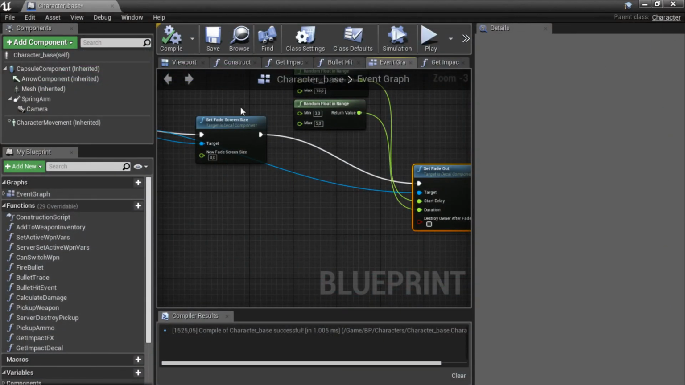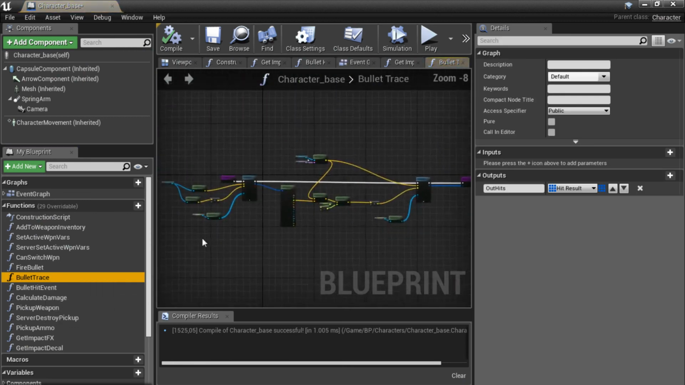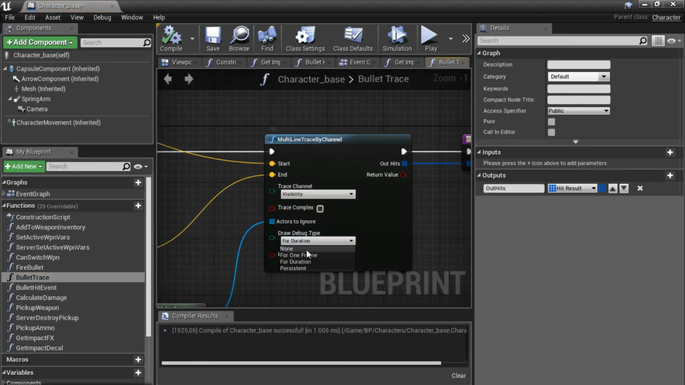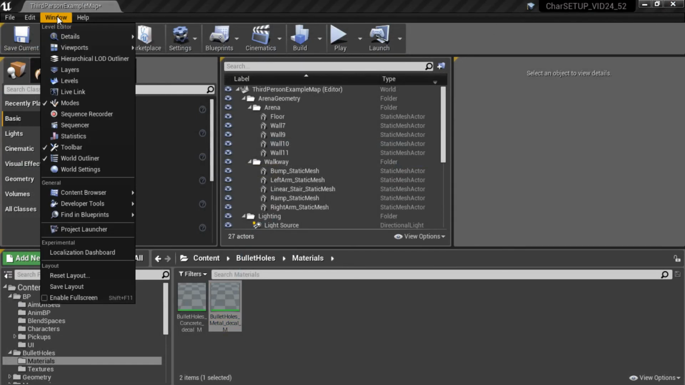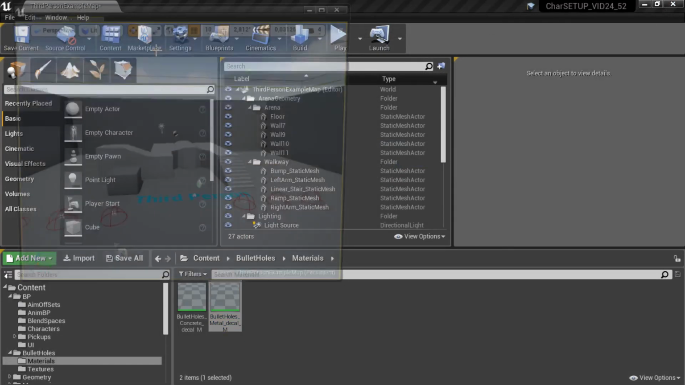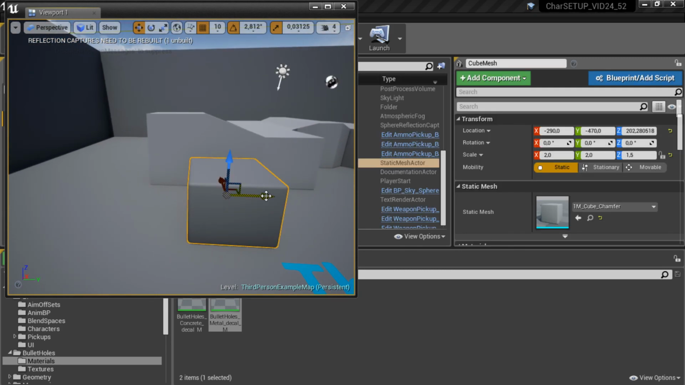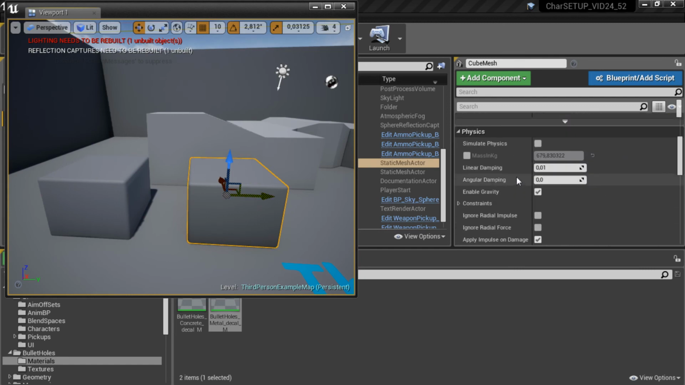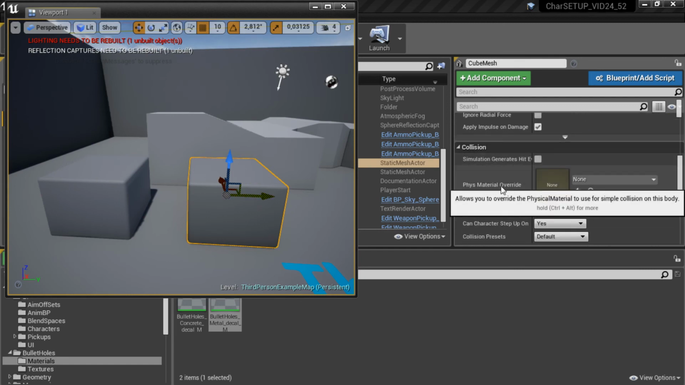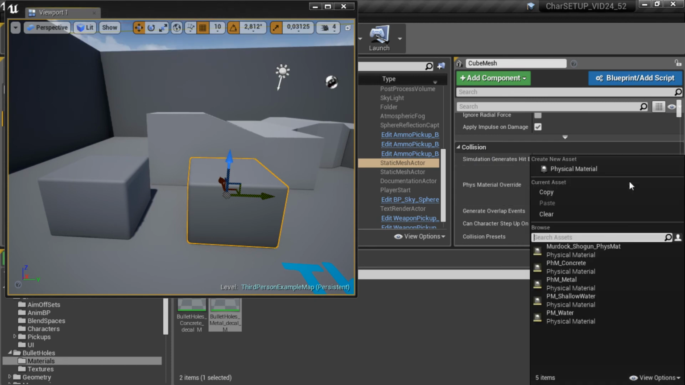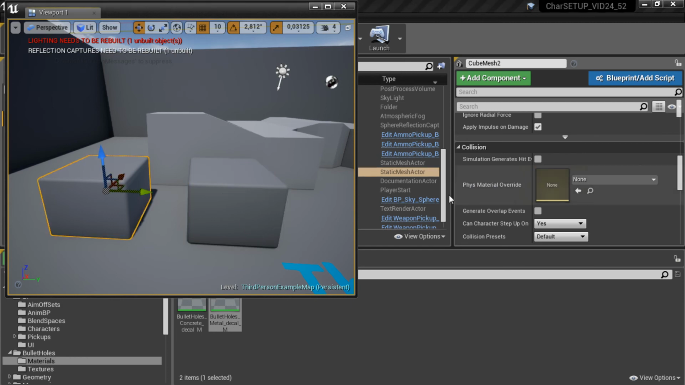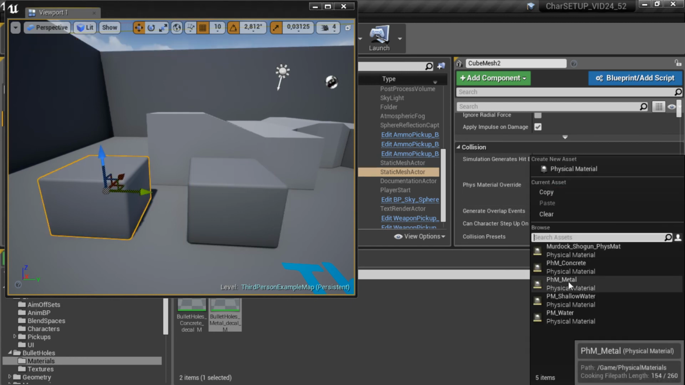Let me turn off my bullet traces real quickly, go to the bullet trace event, draw debug type none, and let me put in a different surface in my map. So if I open my viewport, I'm simply going to duplicate this cube over here. If I select this one and go to the details panel, I can set the physics material override over here, and I'm just going to set the right one to my concrete material and the left one to my metal material,